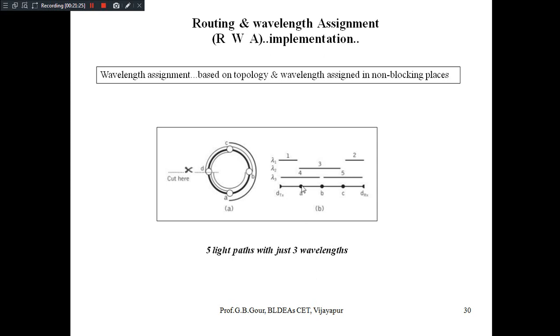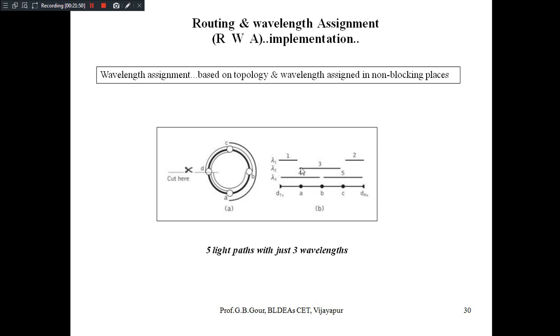You can see light path 1, the second light path, 3, 4, 5, with just 3 wavelengths shared. Let us see how light paths 1 and 2 are established using the same wavelength, lambda 1: first from the D transmitter to A, and another from C to the D receiver.